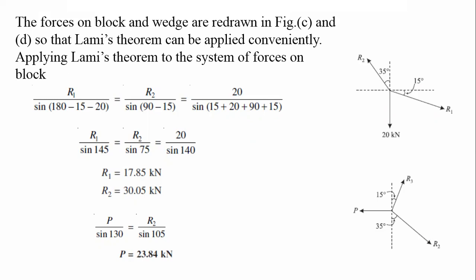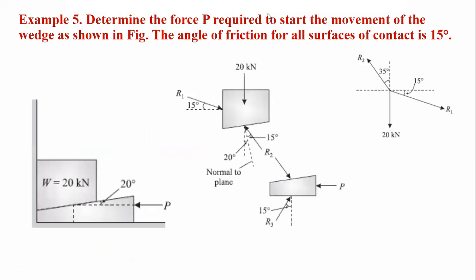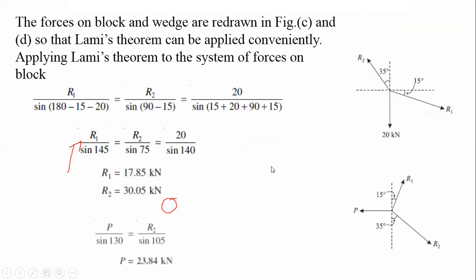To move that block, if you see here this 20 Newton block, it is required to lift it in the upward direction. That's why we have to apply this P force in this direction so that this block will move in the upward direction. And how much P force is required over here? What we have found out? The P force is 23.84 Newton. If we are applying that much force over that particular wedge,